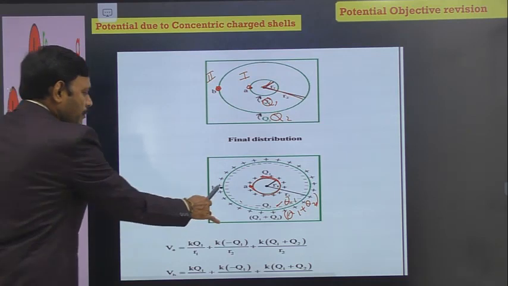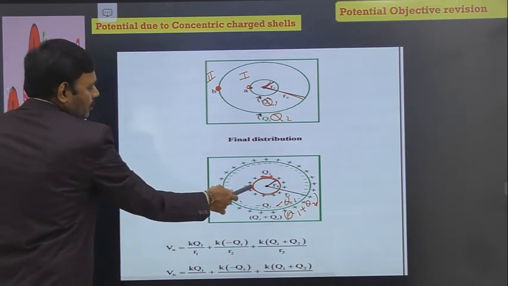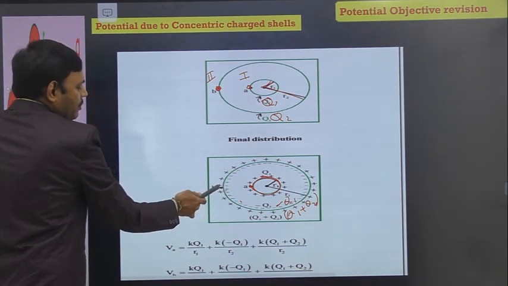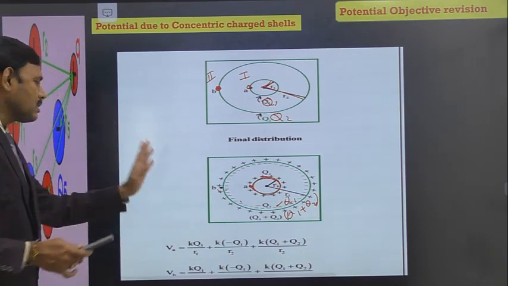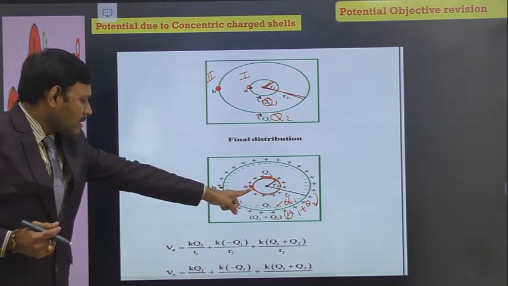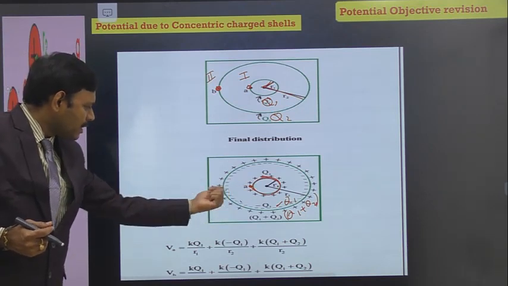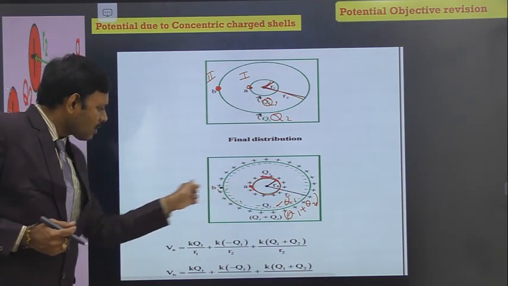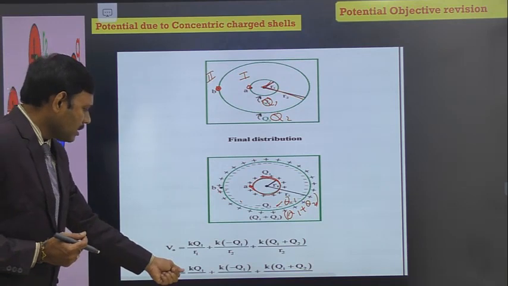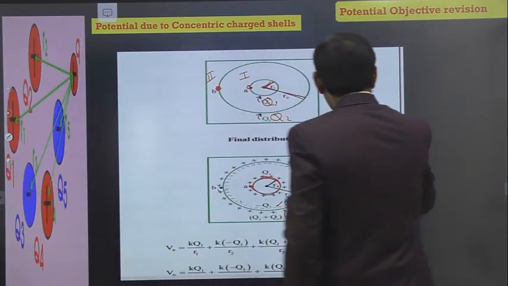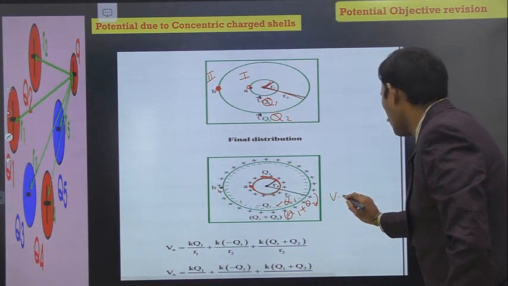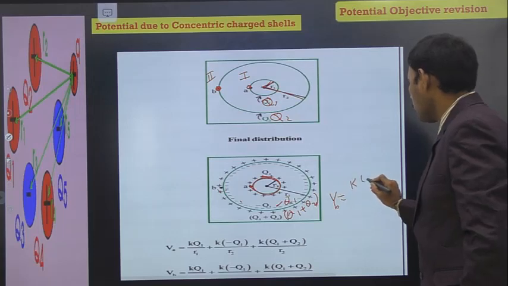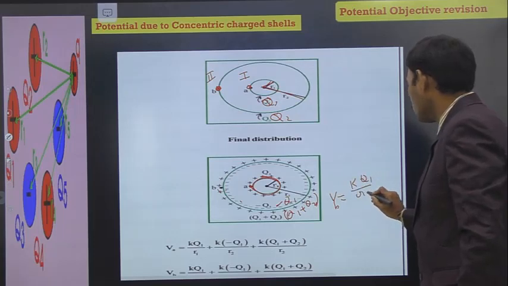Similarly, the second question: potential at B. We take V due to the inner sphere, V due to the inside induced charge, and V due to the outside charged shell. The sum of these three potentials is the potential at B. Due to the inner charged spherical shell, B is an outside point at a distance r2 from its center. Hence the formula: I am writing the expression for potential at B, that is equal to K into plus Q1 divided by R2 plus